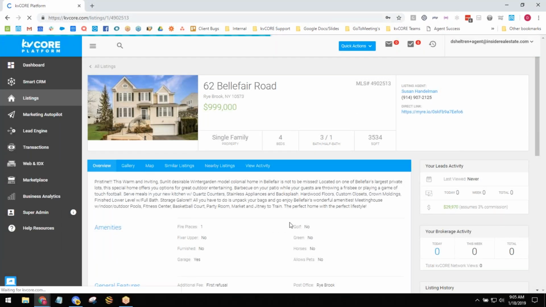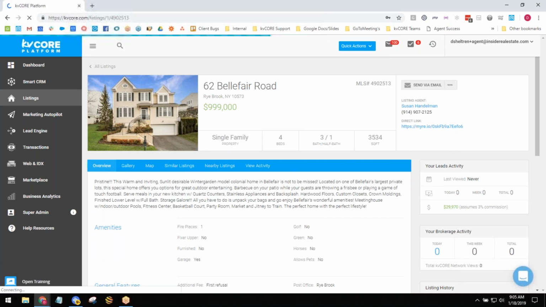you'll see that from here, and just to give you a little bit of an overview, I'm going to jump into this Craigslist auto poster in a second, but just to admire the fact that having your MLS open in a separate window in a separate tab is always a pain, having two systems open and doing two different things at the same time. So with this, we see that we have all of our MLS data coming in here to our KvCORE site.